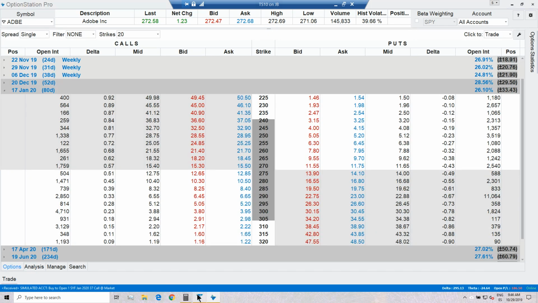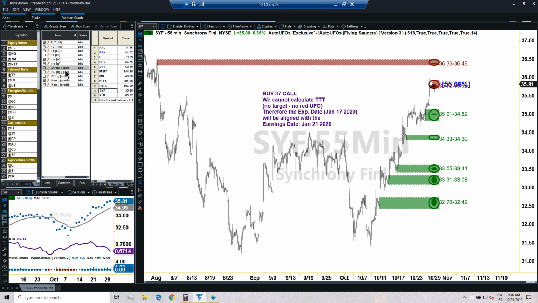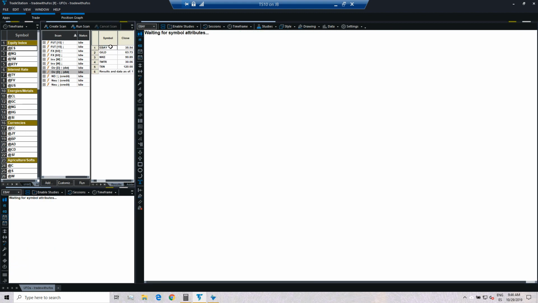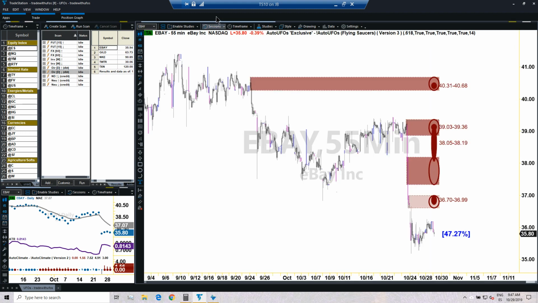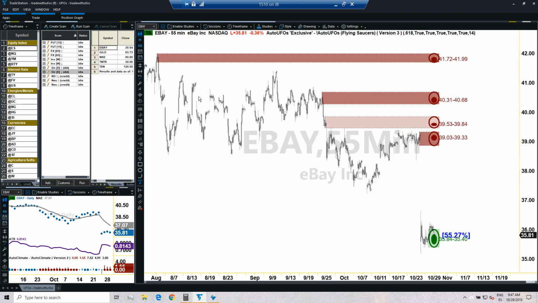So let's continue. We took care of the 4 hour longs. I would like to now look at the shorts. We'll start with eBay, see what the chart tells us when it comes to eBay. The daily time frame of eBay is telling us 3 candles out of 5, so we are in a down climate. 55% is the probability. That's good. Even though I do see a problem here, as you will see in a second. Pre and post market is 47, so the regular session is better. But in any case, notice how the average is 37, and at 37 we got nothing. Absolutely nothing. So eBay is not a valid candidate for a trade.